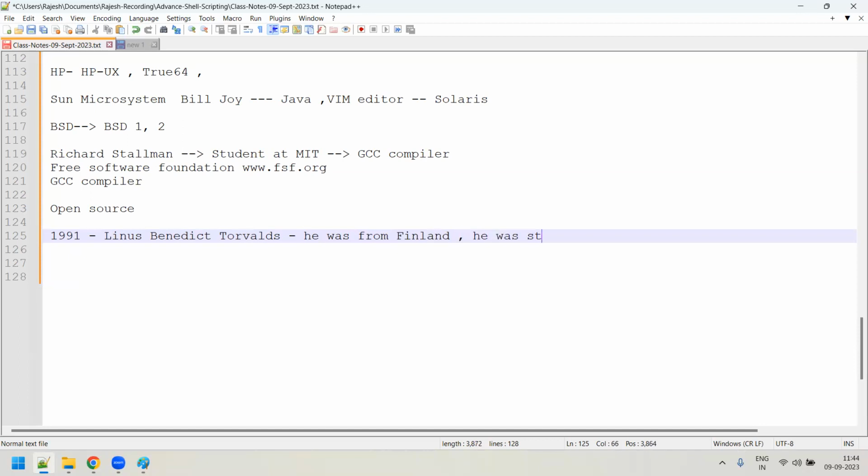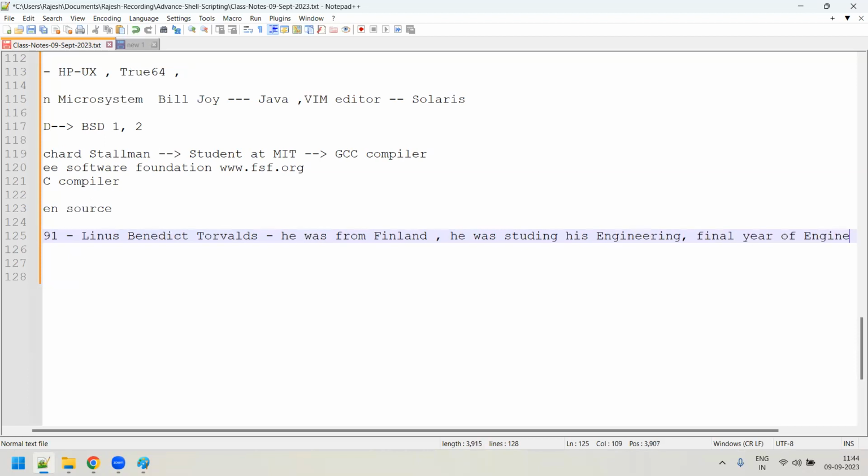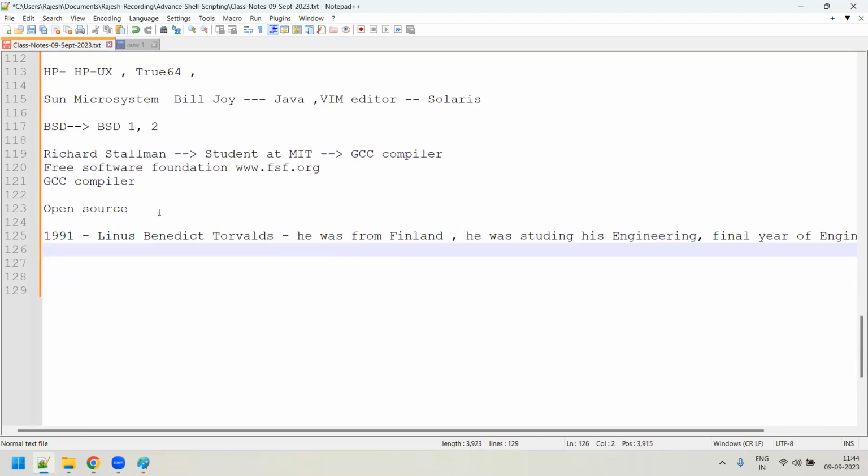He was studying engineering, and he was in the final year of his engineering. He was a student at Helsinki University, which is in Finland.